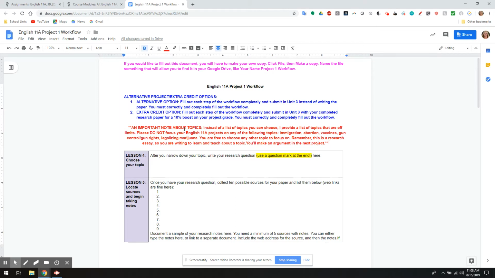Remember that this is a research essay, so you're writing to learn and teach about a topic. You're not making an argument in this one. So if you have something that's more controversial or something that you have a strong feeling about, wait until the second project of the course for that topic, because that's the point of the next paper, an argument essay that you use research to support your views. So this one is more like you're learning and teaching about something. So it's a more neutral research paper. I mean, it's still fine to have an argument and an opinion about it, but this one is more like,